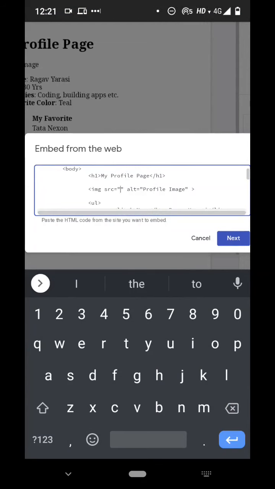Now there are several ways to do this. So the src in the image is basically referring to the address of the image. So we're basically providing the location of an image file, and on the computer it can simply be the local file address for that image file. But when you're doing it on the web, you have to provide the address of the image file on the internet.